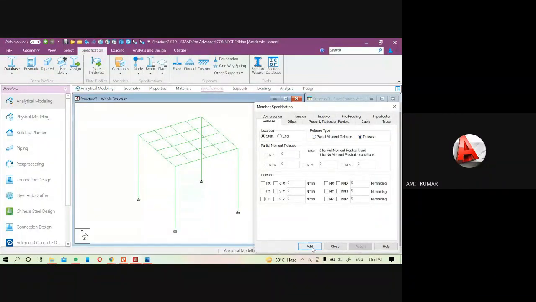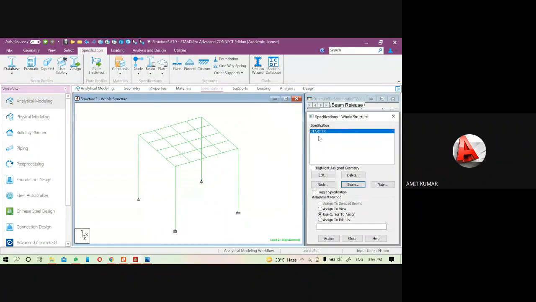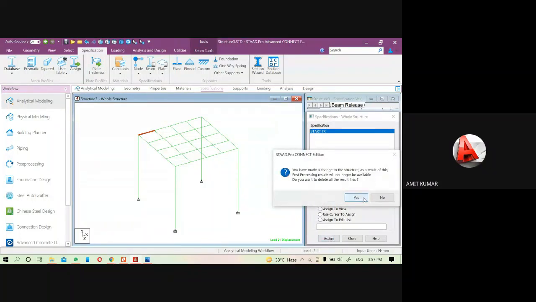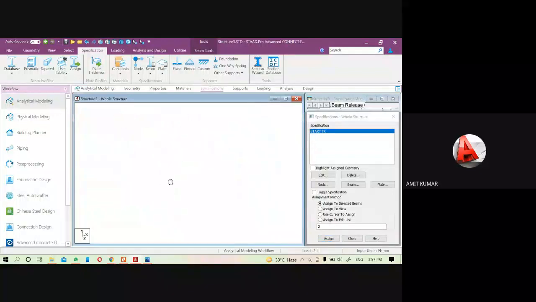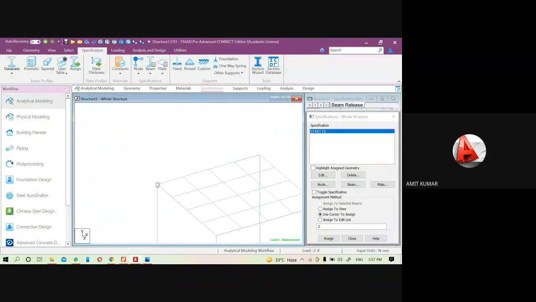Just click and add them. It is releasing along the fx or in any direction. You have to provide this value, so you will get it according to that. Then you have to assign this value to that particular beam, like here. So you can see a symbol of member release like this.